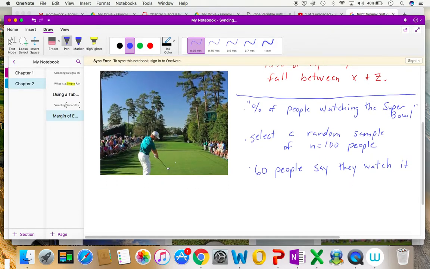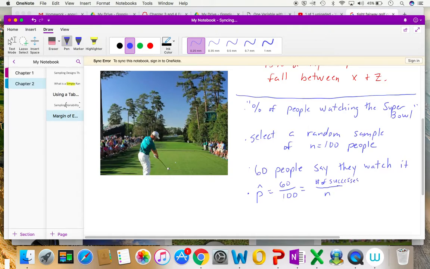What's my margin of error, and then more importantly, what's that interval of x and z that borders my fairway, so to speak, right? Well, let's figure it out. We start with our sample proportion, which is p hat, and in this case, it's going to be 60 out of 100. Right? And just as a general term, before we calculate this, if you're ever confused with how to get p hat, you always start with the number in the bottom as your sample size, and then up top we say is the number of successes.